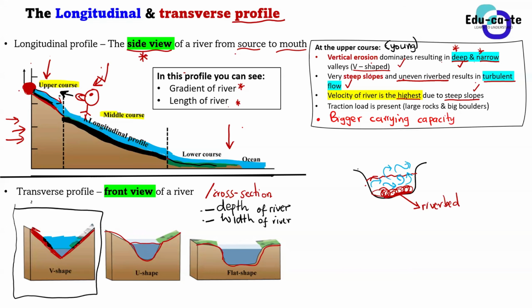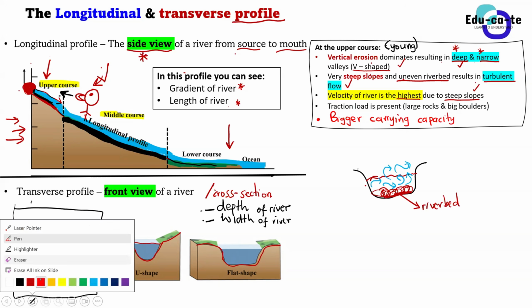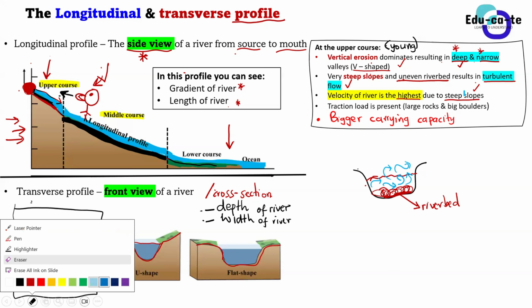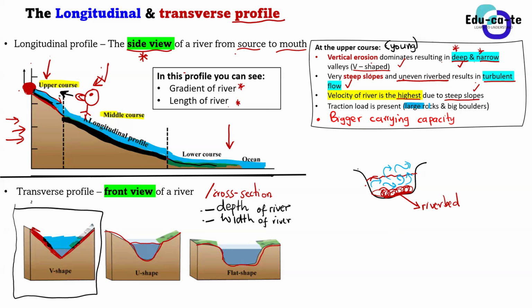It's able to carry the eroded material, the material that has been removed from the ground. We're talking about rocks and all of that. So the type of load that we're talking about here that is being carried is known as traction load. I explained traction load to you guys last time: this is the load that just moves along the riverbed. The traction load is big load, those big boulders and large rocks.